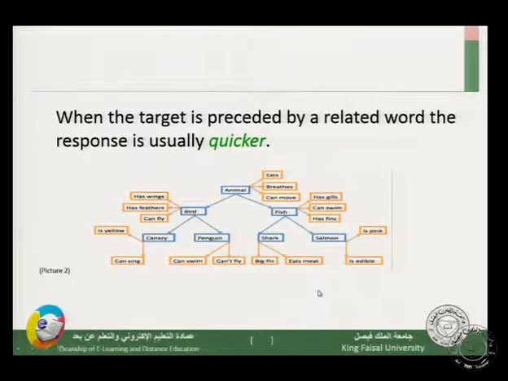Okay? It has been found that when the target is preceded by a related word, which is the prime, the response is usually quicker. So it is easy for us to remember or to recall words when we hear a related word right before it. Okay. So, for example,